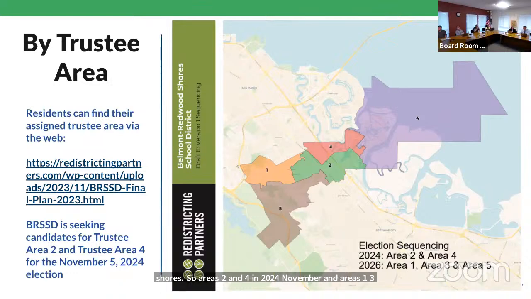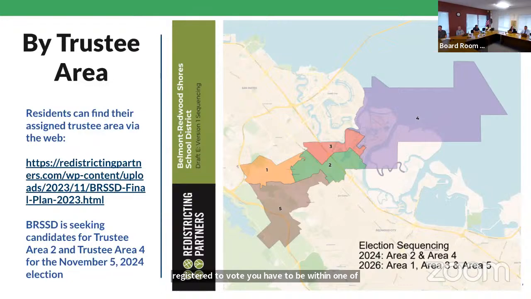I will just share, one of you was mentioning that yearly commitment. Running for board is a 4-year commitment, so just keep that in mind as we go along. There's a link in the presentation that you can use to check the location of your residence wherever you're registered to vote. You have to be within one of those 2 areas.